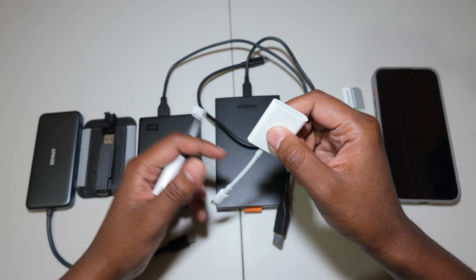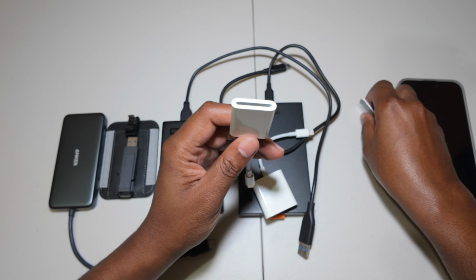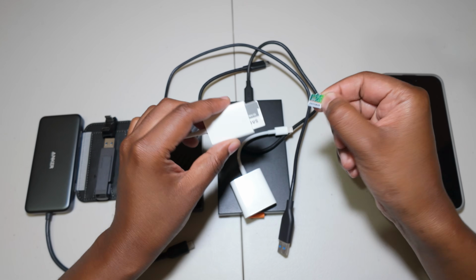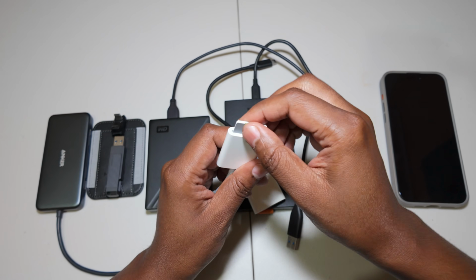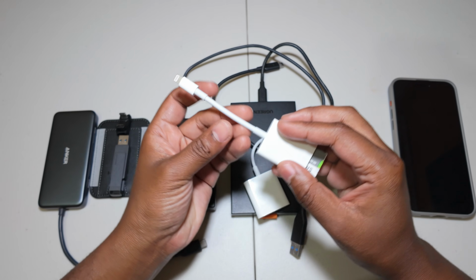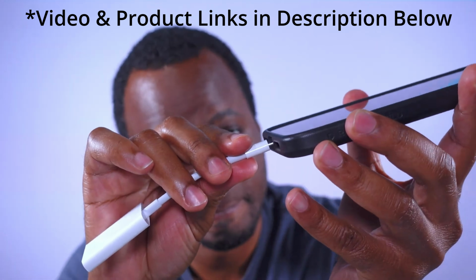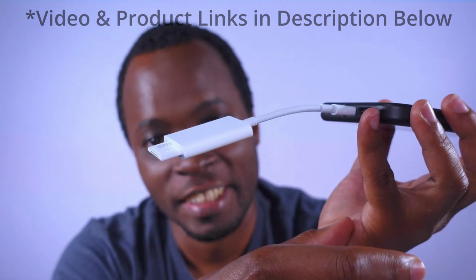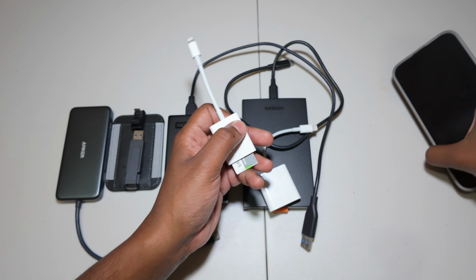Now, this is pretty straightforward. Of course, this works with their standard SD card. You just push it in. If it's a micro SD card, such as this one, of course, many of them come with adapters, so you simply drop it in and it's pretty much good to go. Pretty straightforward. You plug it in, you go into your Files app. Of course, I'll be having clips here throughout the video, and of course you'll be seeing the process here on